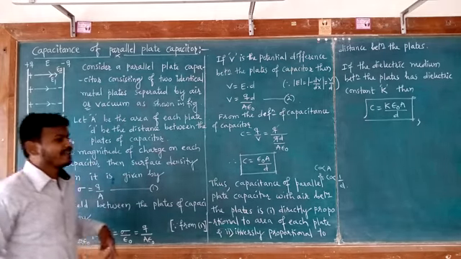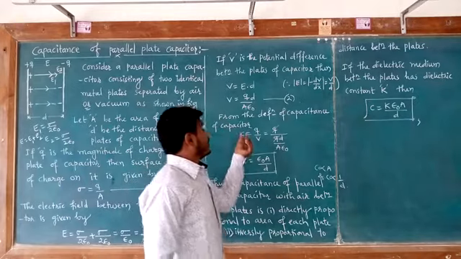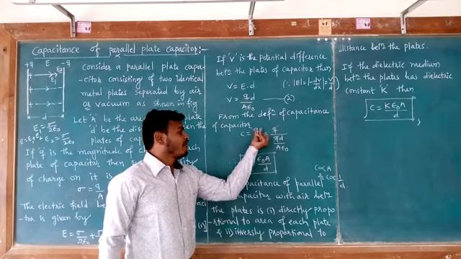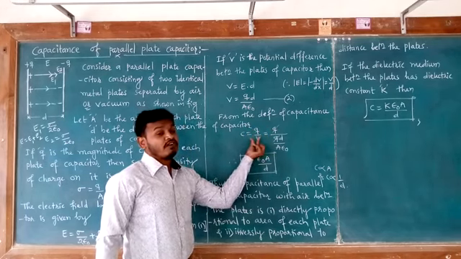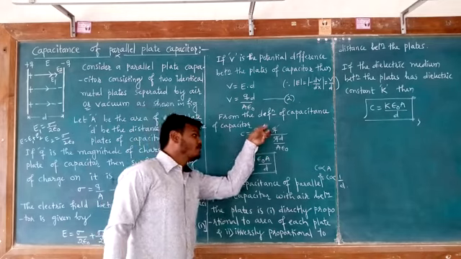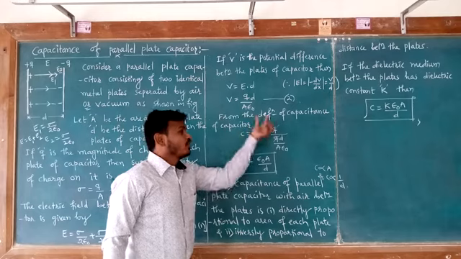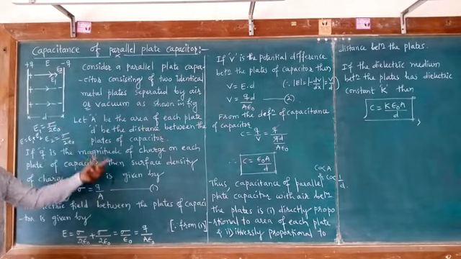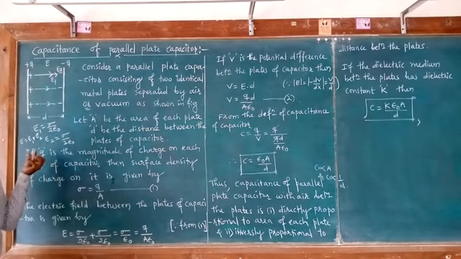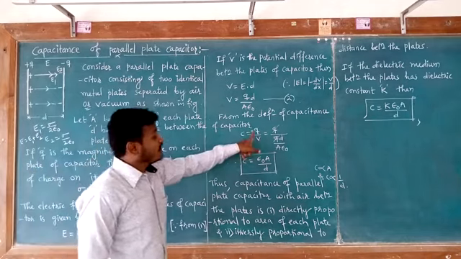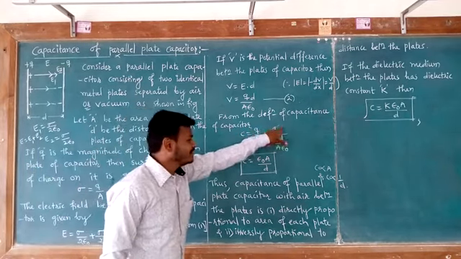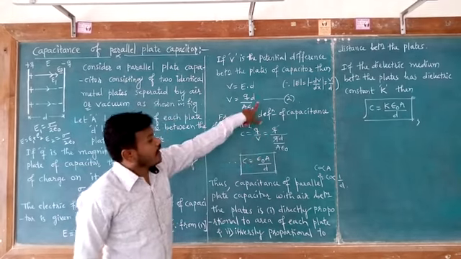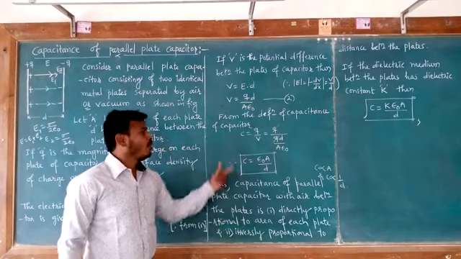From the definition of capacitance, the capacitance C of a capacitor is equal to the charge on each plate divided by the potential difference between the plates. In the place of Q we write Q, because we already considered the magnitude of charge on each plate as Q. In the denominator V is the potential difference, which has to be replaced using equation number 2, and on simplifying,